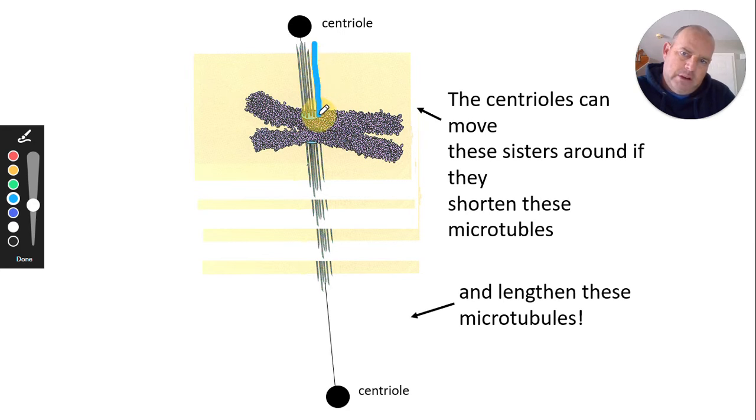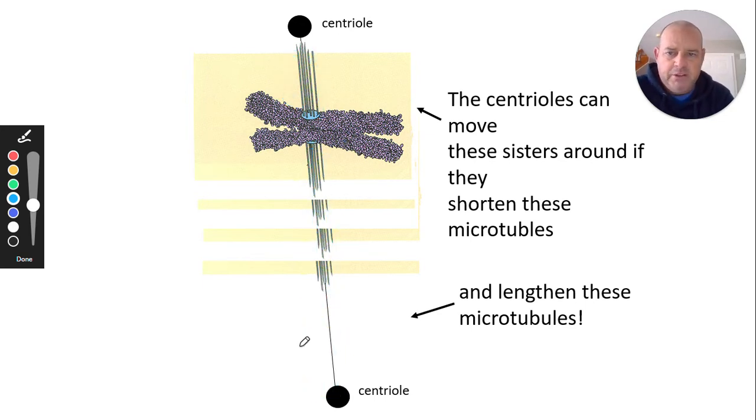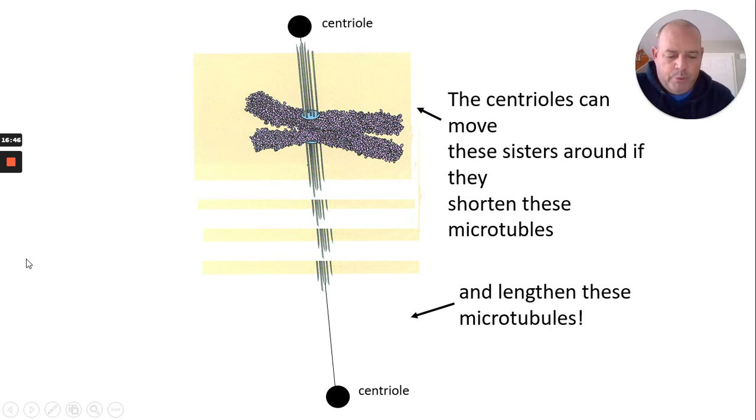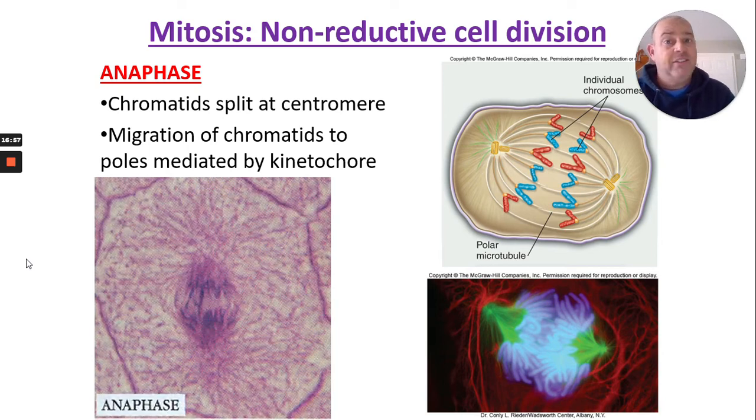So when this spindle fiber is pulling the chromosome toward this direction, that means all of these microtubules right here are getting shorter, and it means all these microtubules are getting longer. Okay. So because they're like little pieces of Legos, they get added really quickly to lengthen things or then shorten things. You take them away. Okay. So now they're migrating to the poles of the cell. The chromatids are split at the centromere, and we say sisters separate, right? Because these are sister chromatids that are now separated, and they are migrating toward the two poles of the cell.